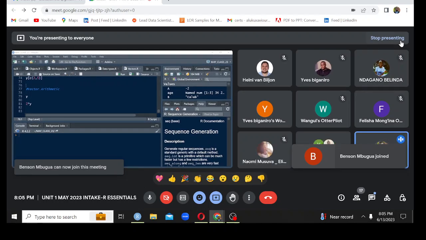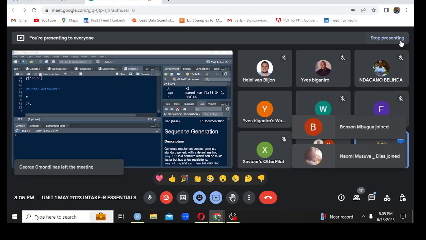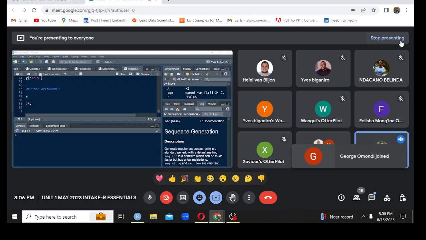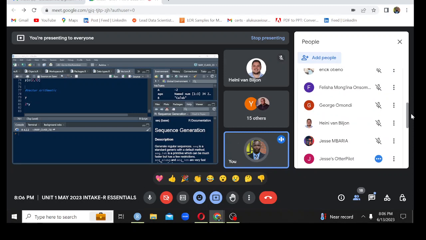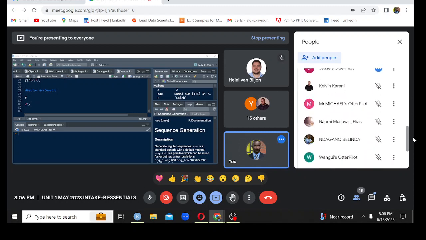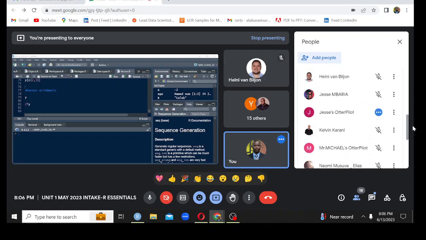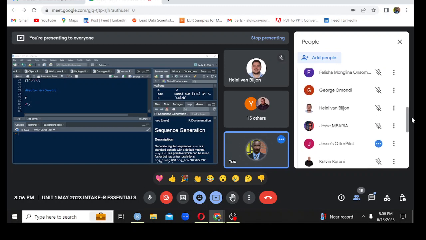Yesterday we looked at what we call introduction to vectors. Remember, this unit is on R essentials, so whatever we have been doing is still part of the introduction. Yesterday we looked at introduction to vectors. And maybe before we start looking at the next subtopic today, I just want to pick